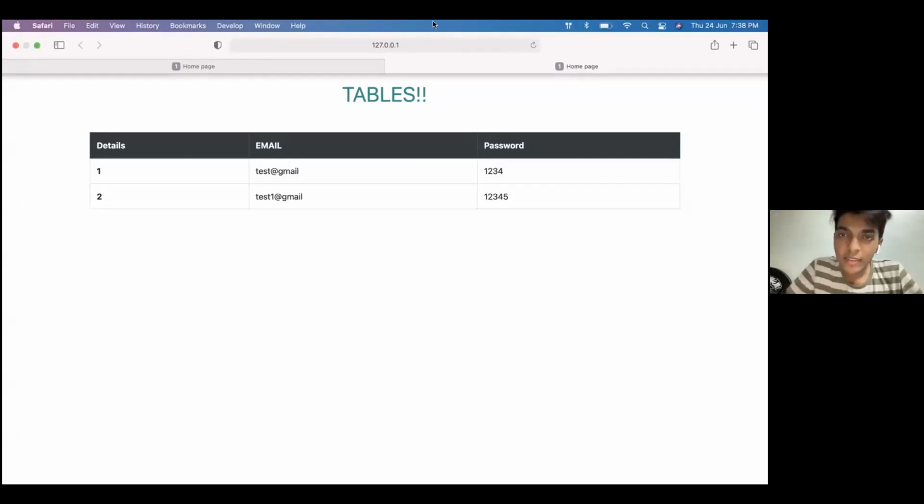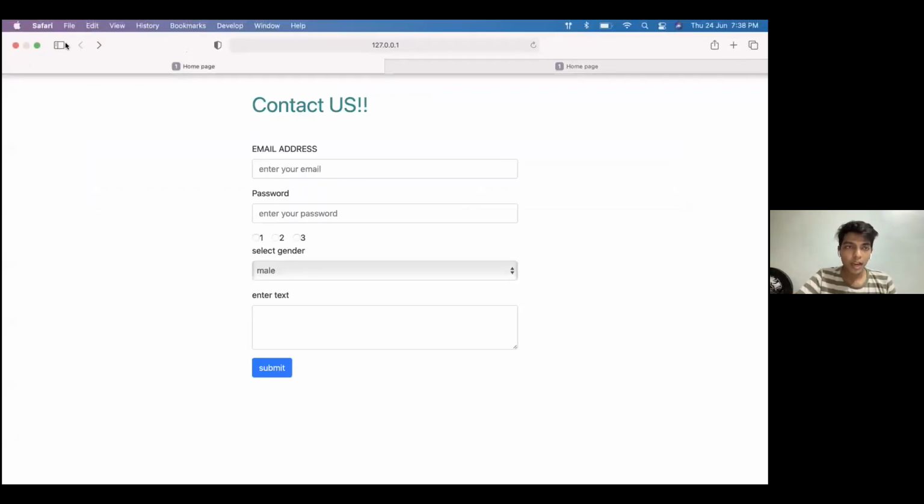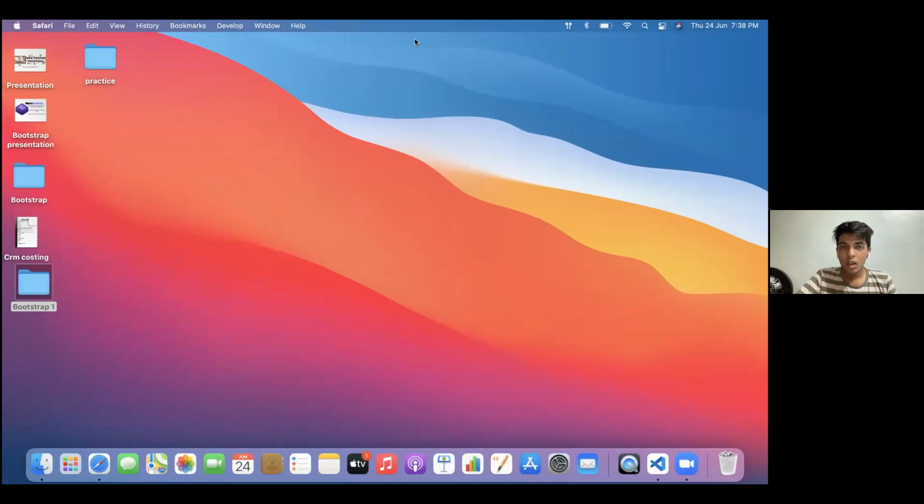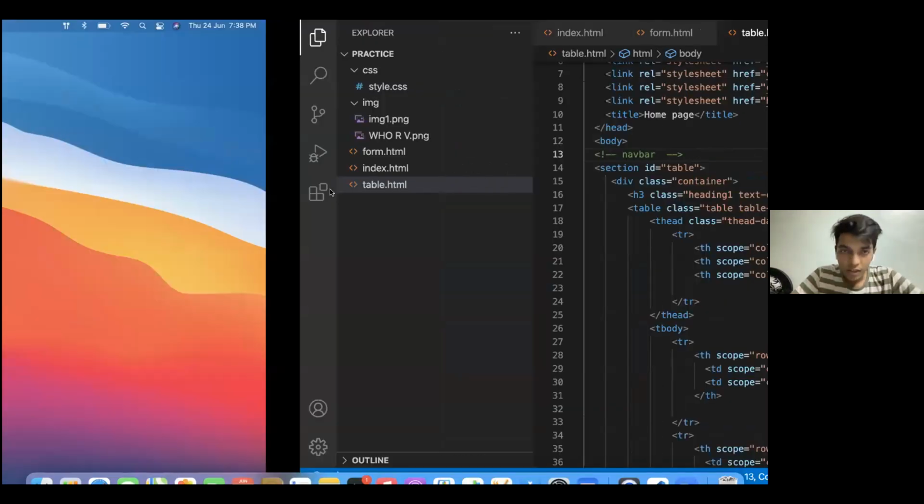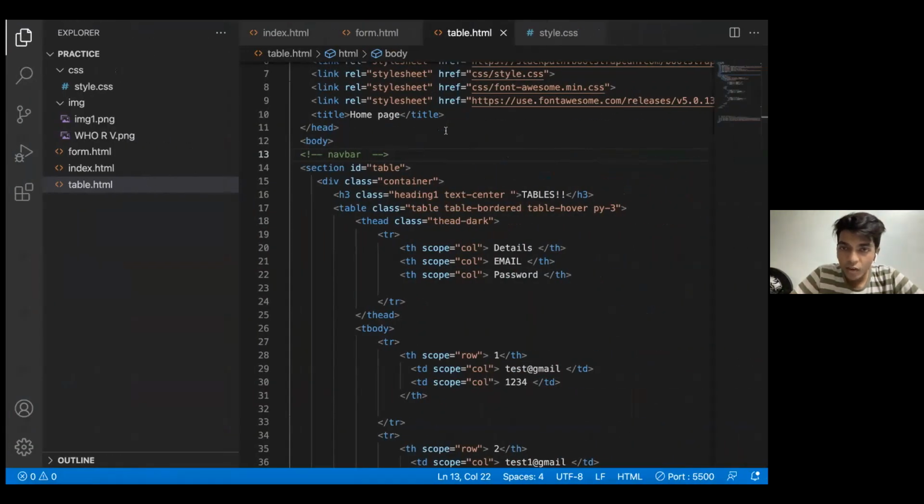So I guess these are the basic parts that I have built. The table is required for the input to be shown. Form is required for the input to be passed on, and the home page is required for something that should be our landing page. So I guess the session can be ended here now.